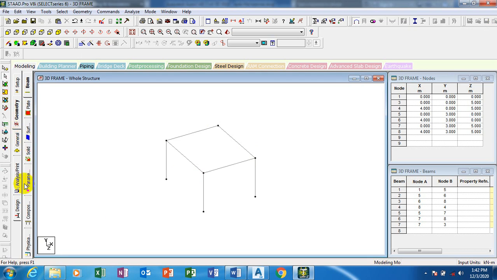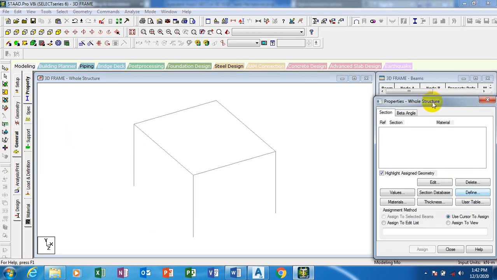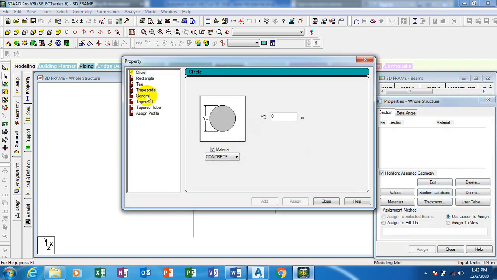The next thing I'm going to do is create a section for this. To do that I will just have to come to my general. You can see the section view menu has popped up. So what I'm going to do is click on my define. When I click on define, I'm going to use a rectangular section for both my columns and my beams. For my column I'm going to be using a 230 by 230,